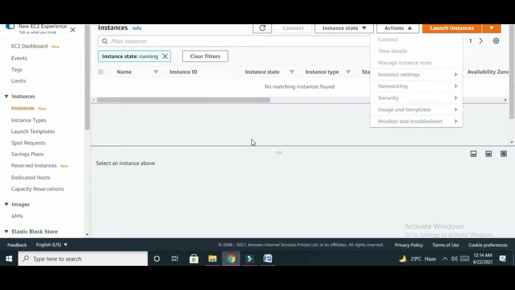So click on launch instance. After that, choose the AMI, set the configuration, VPC, and security group, and generate the key pair if it is required. Otherwise, proceed without a key pair. After that, we are able to successfully create the instance. Once the instance is created, it shows the metadata related to the instance, and we can apply any of the actions on that instance.